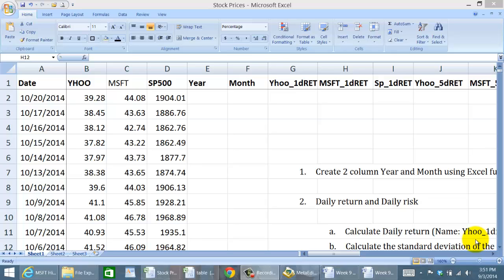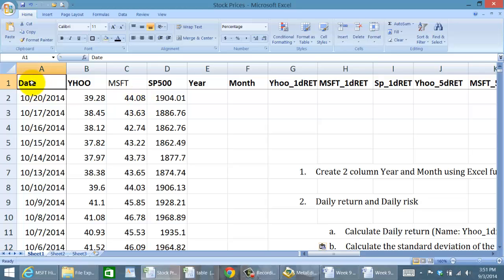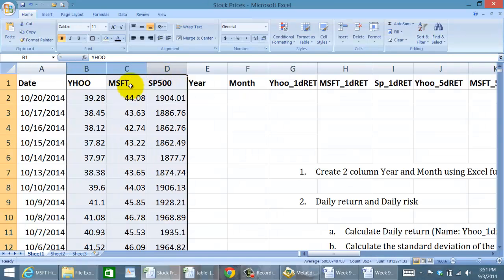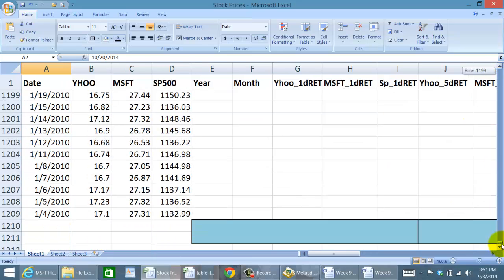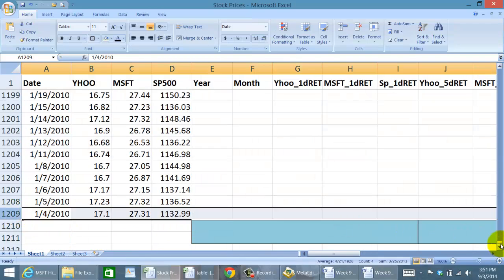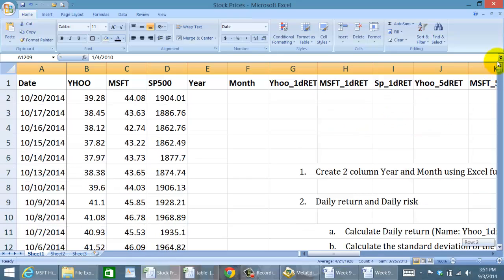Hello everyone, in this video I will show you how to calculate holding period return given the stock prices we have. The data we have is the stock price for Yahoo, Microsoft and S&P 500 over time, from the beginning of 2010 to October 20th, 2014. So first of all, I want to calculate,